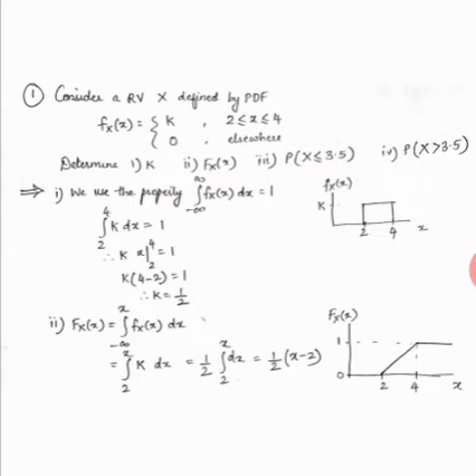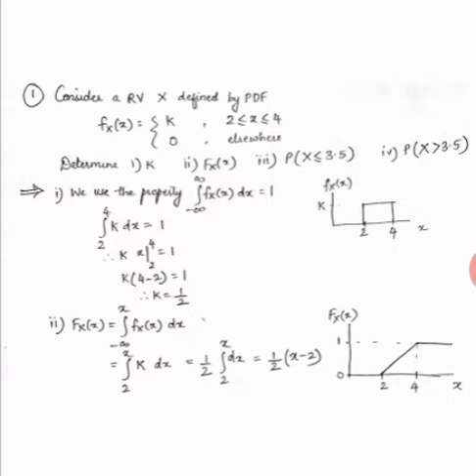So here minus infinity to x. For our case, minus infinity to 2 the value is anyways 0, so our lower limit starts from 2 to some particular value of x. The upper limit is defined by whatever value of x we take. We can have x value as 2, 2.5, 3.5, 4, anything. So for us it's going to be the integral from 2 to x of fx of x, which is k dx.